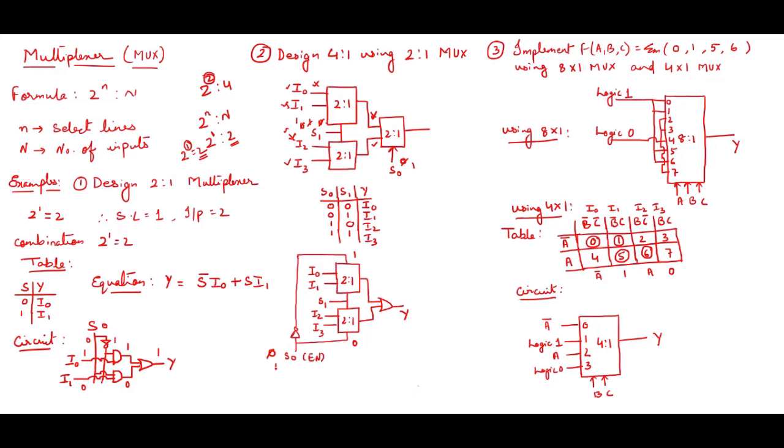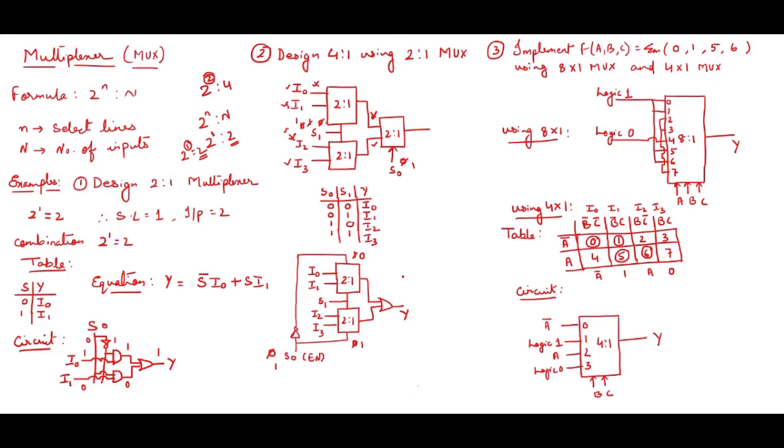In the second case, when 0 1 of S1 is over, third case particularly, what will happen? I will change this 1 to 1. So this becomes 0 and this becomes 1. Now for the next two cases, 0 1 of S1, this will become inactive and this will become active. So this data will come, ORed with 0, the data will appear in the output. So these are the two possible ways of designing 4 is to 1 using 2 is to 1, the first case, and the second case using 2 is to 1 and OR gate.